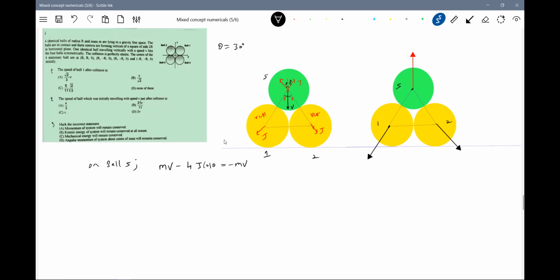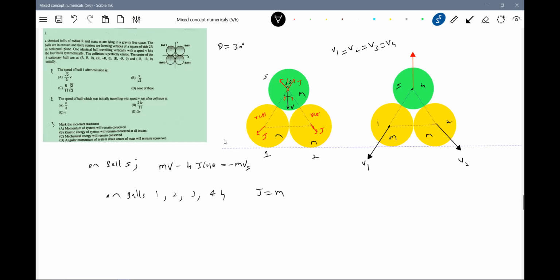Now look at ball 1, they're having mass M. All are having mass M. Now we'll apply the impulse momentum equation for balls 1, 2, 3, and 4. What is the equation we can write? J equal to... What is the velocity they'll move? This is V5, better we'll make it simple. And this is V1, this is V2, and V1, V2 equal to V3 equal to V4.